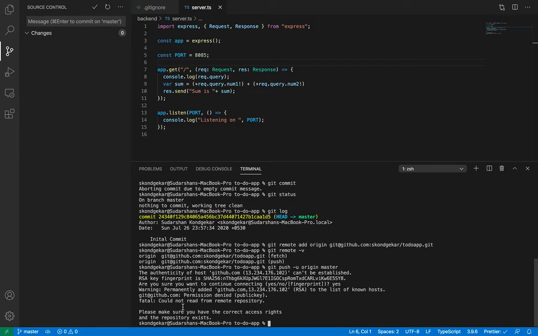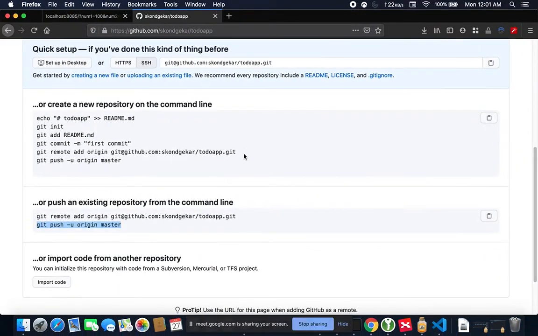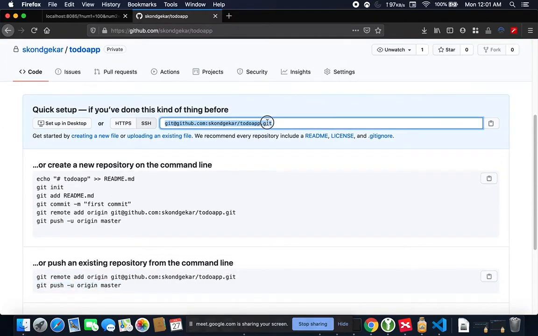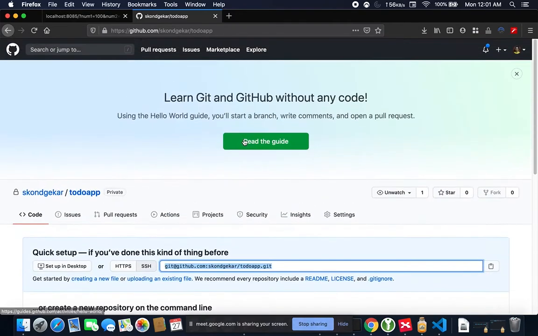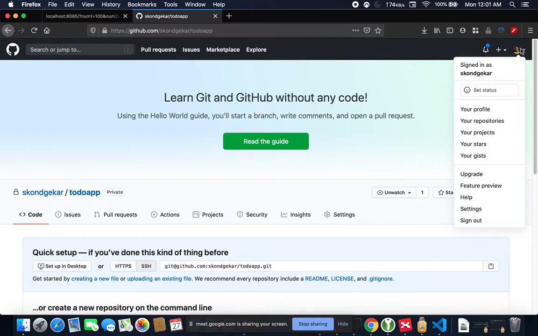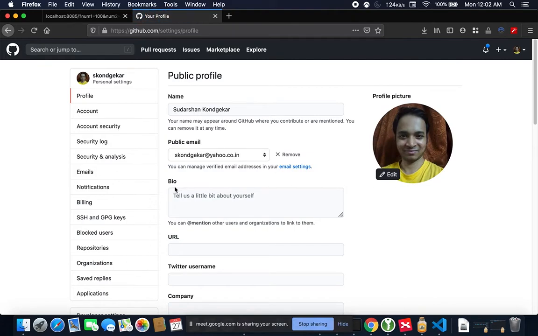Now it is saying could not read from remote repository. Make sure you have correct access rights and the repository exists. What this means: I have created this repository, but this is just a URL. That doesn't mean anybody can push to this repository. The person should be authorized to push to it. How do you make that person authorized? To authorize my computer to push changes to this repository, I have to add my public key in GitHub. To do that, I have to go to settings,